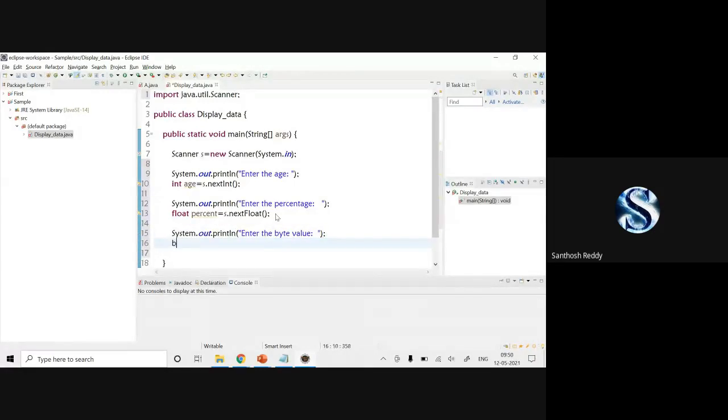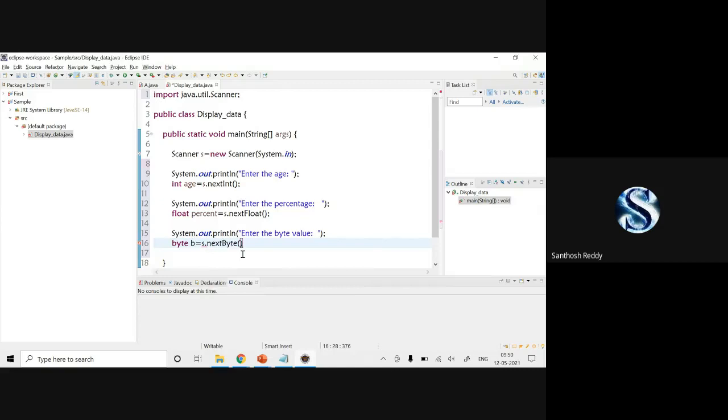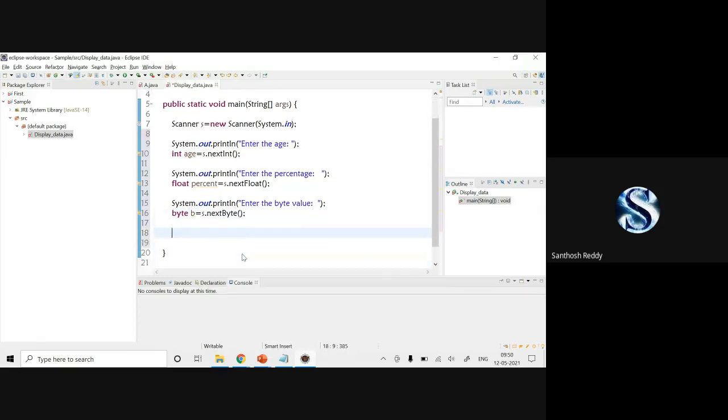Now I declare byte data type b is equal to s dot. Automatically, the first one will be nextByte. You can click on it, then give a semicolon. Later I'm going to print all the values.